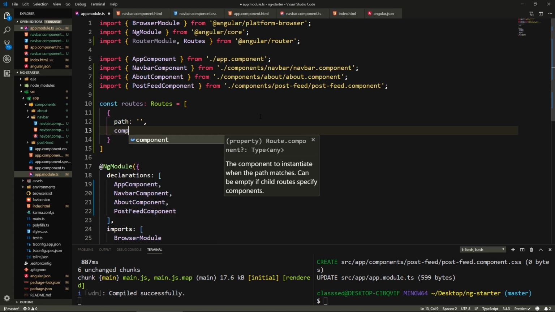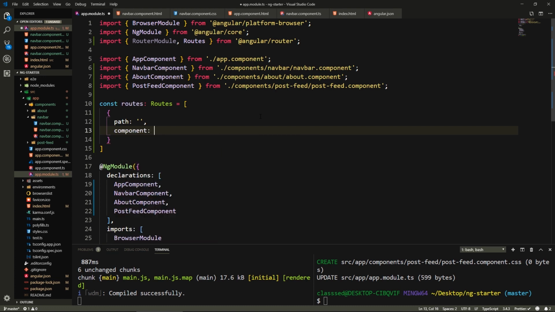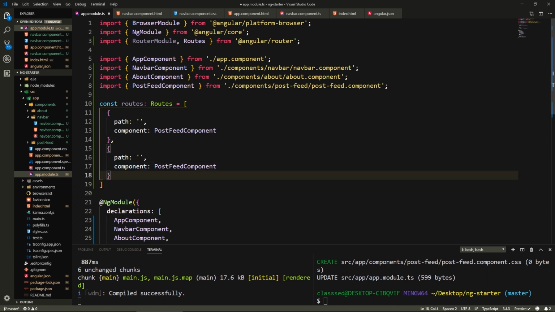This takes as well a component, and the component for this will be the PostFeedComponent that's automatically imported. And I'm gonna add another one, so let's just copy this, and here the path will be, we don't need the slash, we can just say what we want it to be. So we want it to be /about, so I'll say about,